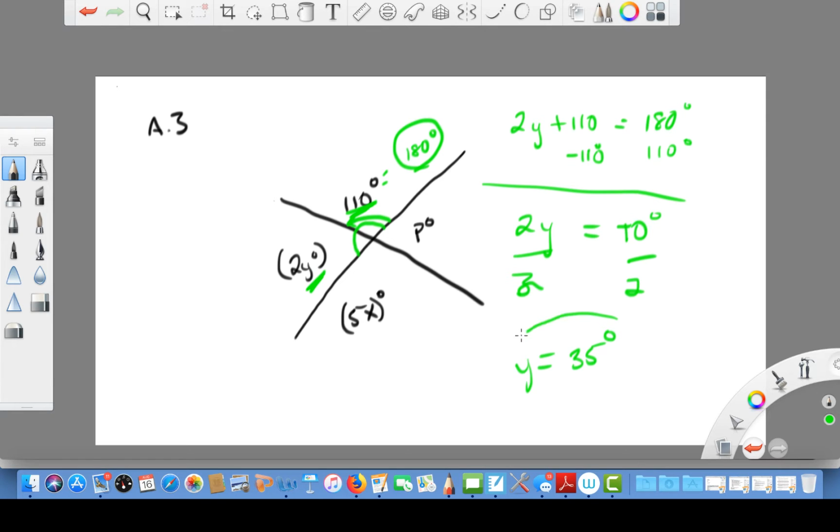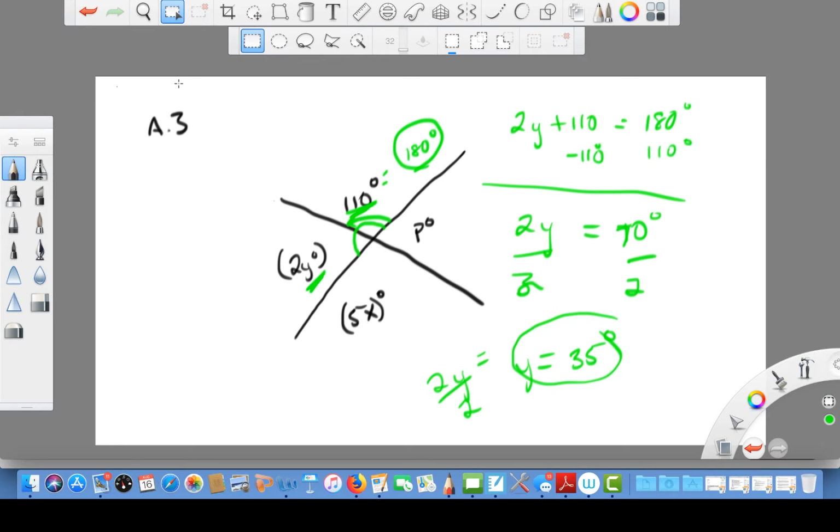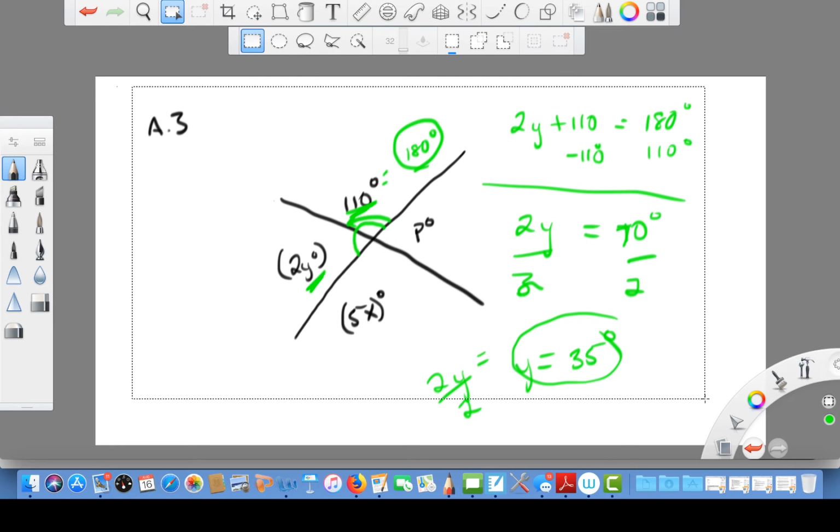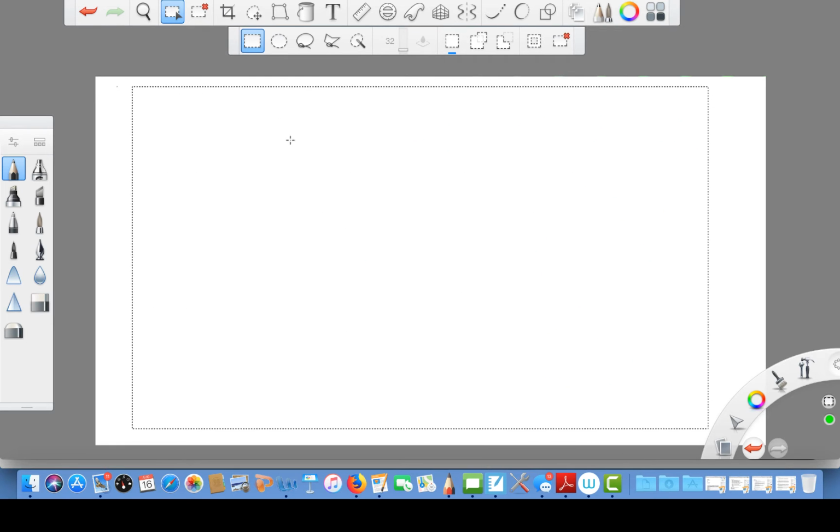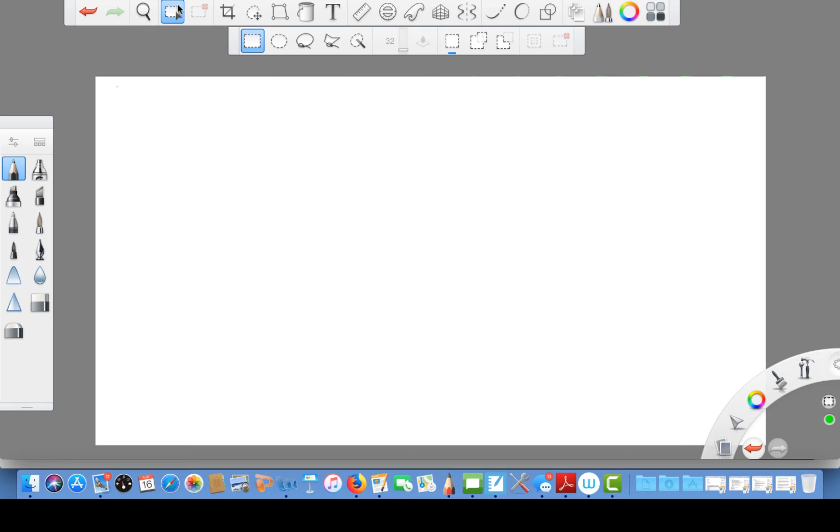So y equals 35. Don't answer that it's 70 degrees, because it's 2y is what we're looking for, which means we have to do the opposite, and we have to divide by 2. And that's exactly what we did up here, okay? So again, those are pretty simple algebraic problems that we can use with our geometry, and similar for every other one that's involved here, okay? All right, now let's go to